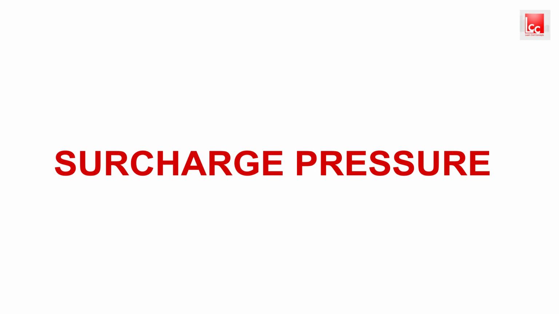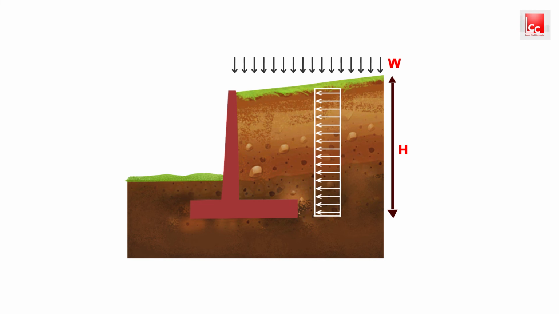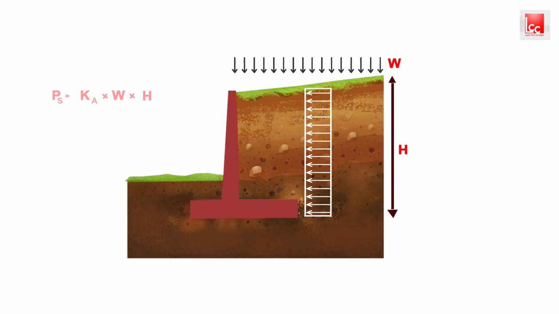The next force which acts on the wall is the surcharge, if considered. This is also an active pressure. The surcharge load can come from various means such as vehicular traffic or any other live loads. Let us consider this surcharge having an intensity of W newtons per meter square and uniformly distributed. This pressure will act laterally on the wall with an intensity of Ka times W. The force due to this surcharge is the area of a rectangle, which is Ka times W times height.